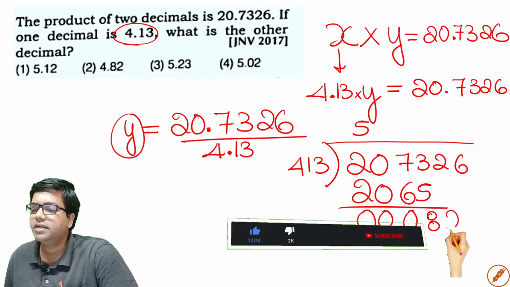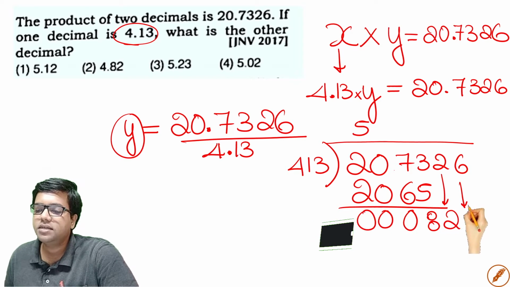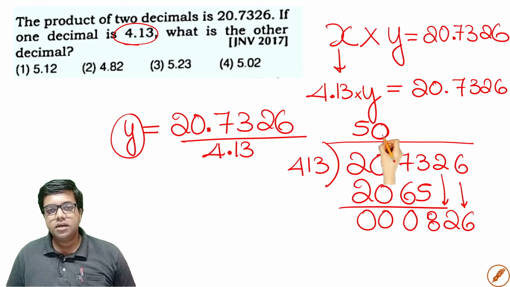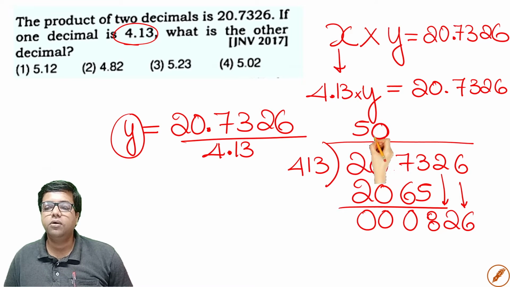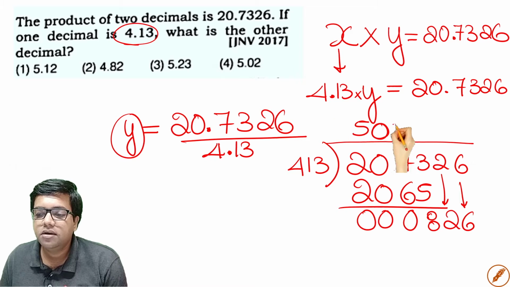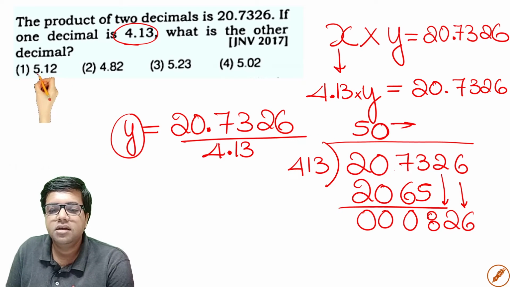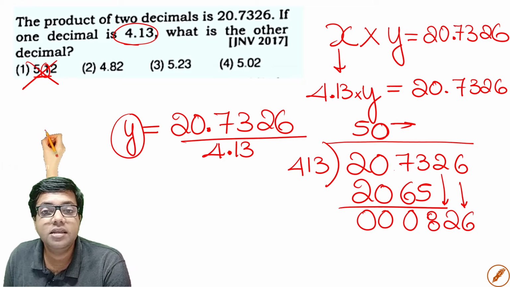You're left with 802 gets down, but that is not enough. You will take 6 also, right? So you will keep a 0. The moment you keep a 0, the quotient is of the order 5, 0 and something, right? The quotient is there with the digits 5, 0 and something. Do we have 0 after 5? Do we have 0 here? No. So we eliminate it.